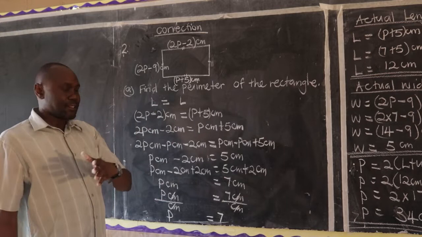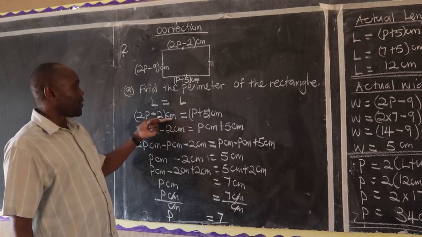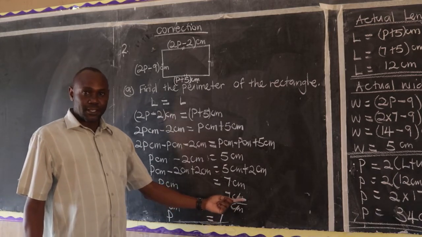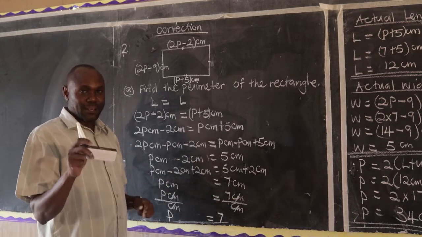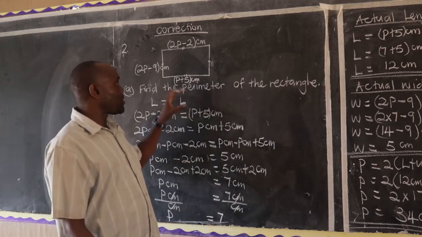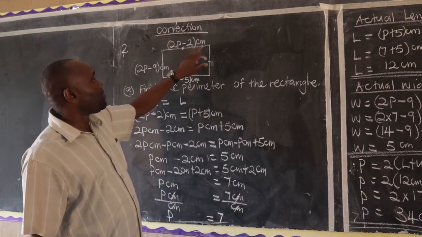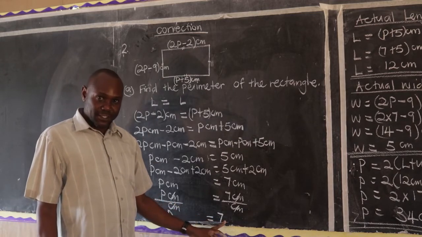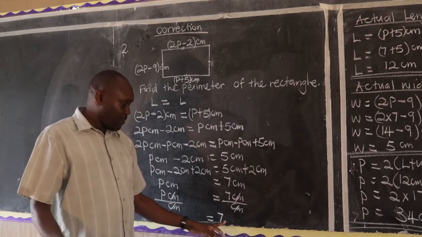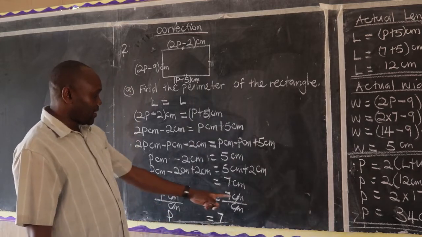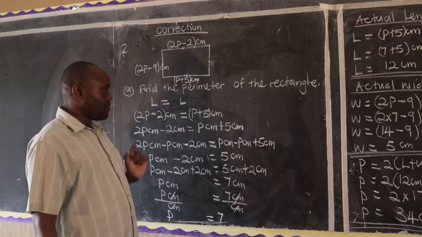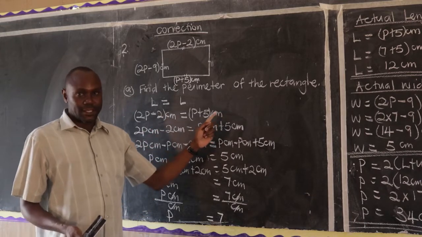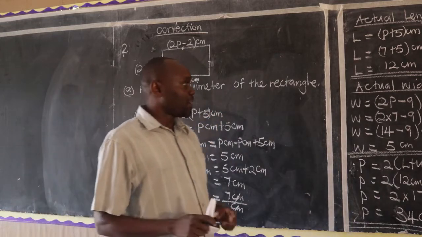There are some candidates who like using the units throughout, and this is how our units disappear. Remember, I told you that when you see that they have given you in brackets, the answer must not have the units. Mark at that point, and this is how the units disappear. But there are those who form an equation and then say, let me first ignore the units. That one is also very okay.